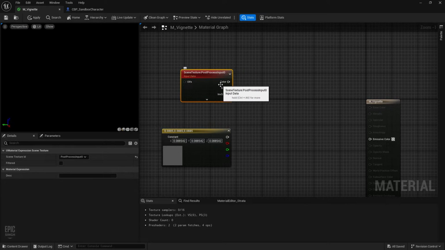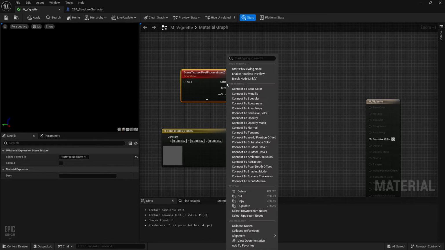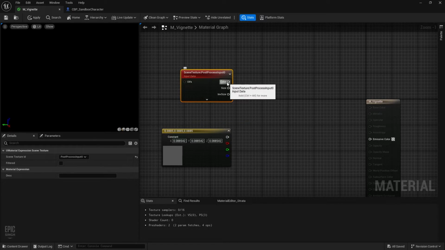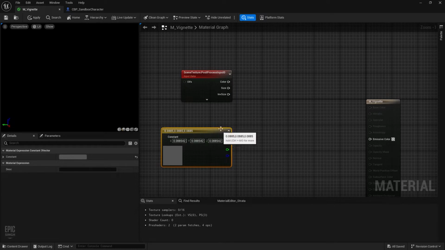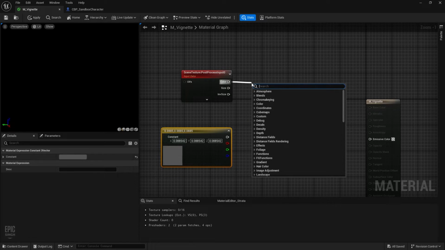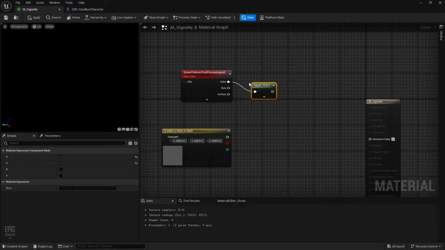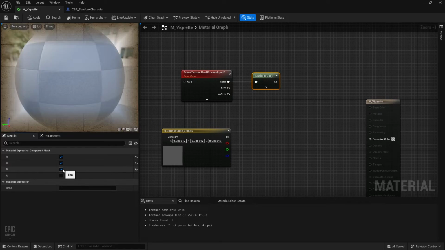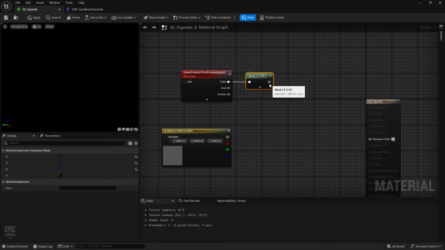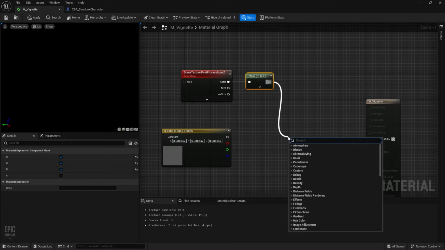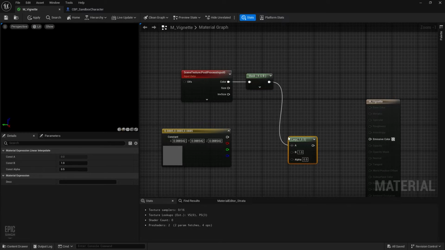And as this is a vector 4, it has four components, RGBA, and here we have just RGB, and we basically want to add both of those. So here what we'll do is mask this component, so that we are just using these three variables RGB. Okay, and then we want to do a LERP, linear interpolation,